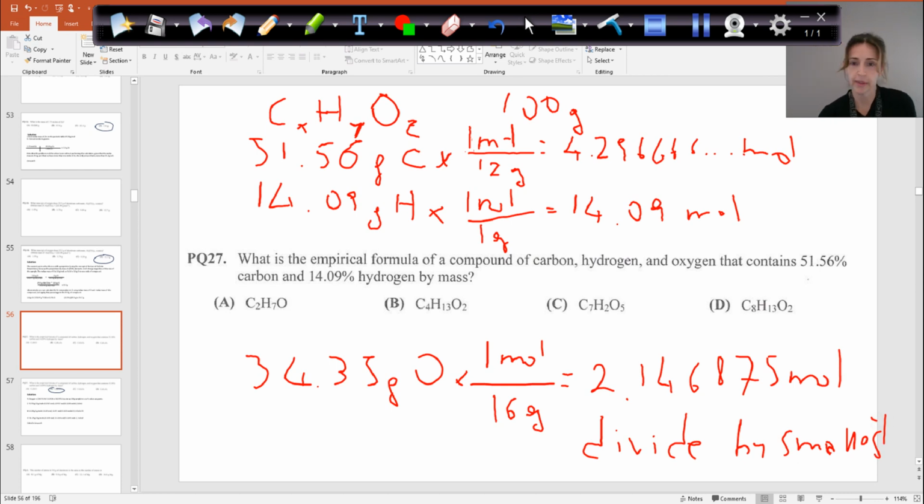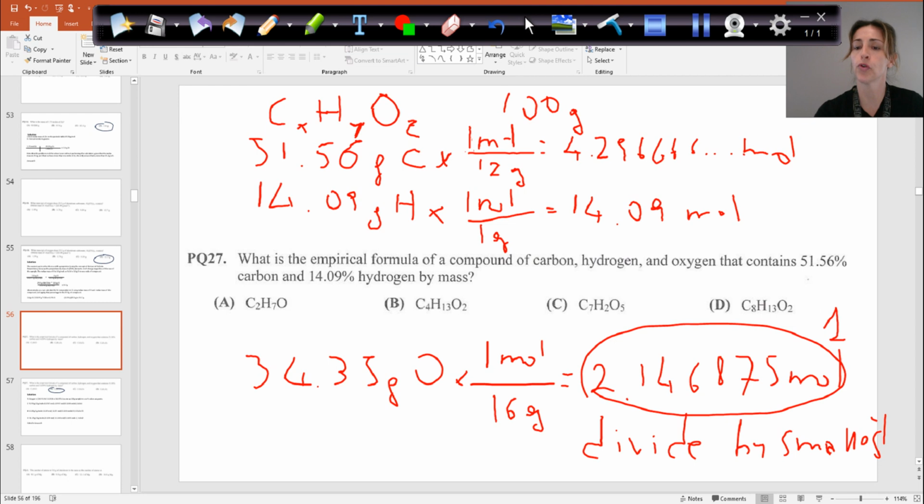So I don't have any more space in here, but if I divide everything by this, which is the smallest, this becomes 1, right? It looks like this. 4.296 divided by this will roughly give 2, right? And let's see what that 14.09 divided by 2.1468875. Ooh, this gives roughly 6.5. So